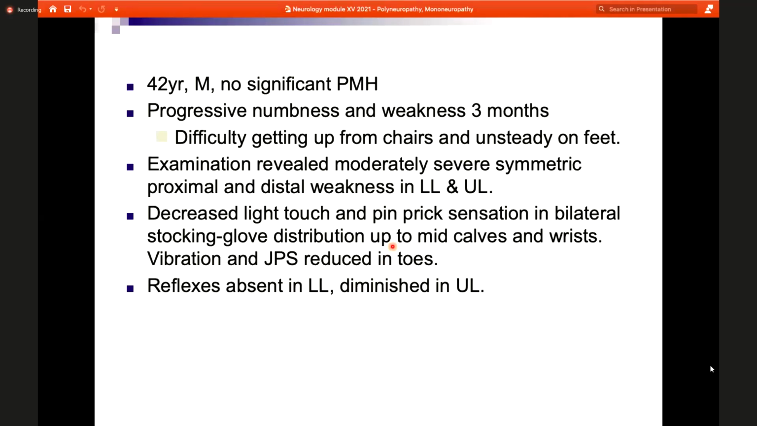Then sensory examination reveals light touch and pinprick sensations are reduced in a stocking-glove distribution. Now, don't get carried away by this. The reflexes are of course absent, because your weakness is proximal and distal. So when there is proximal and distal weakness in the upper limbs and lower limbs, a differential diagnosis, once again,